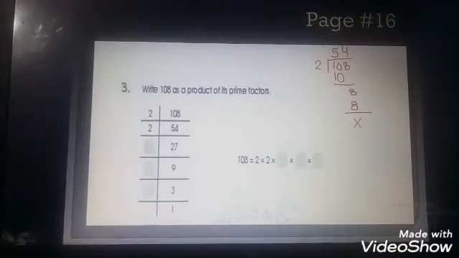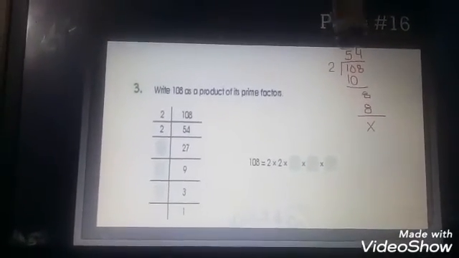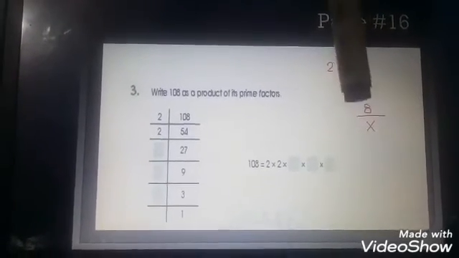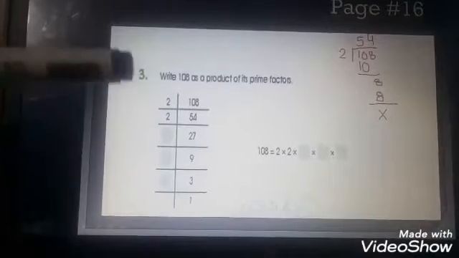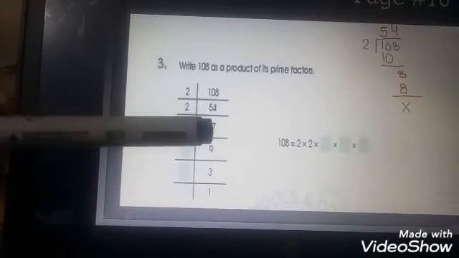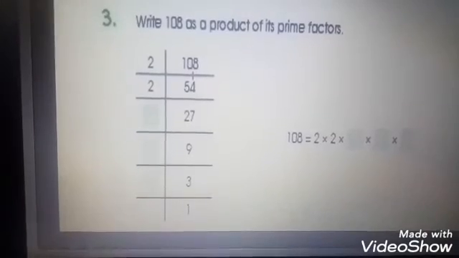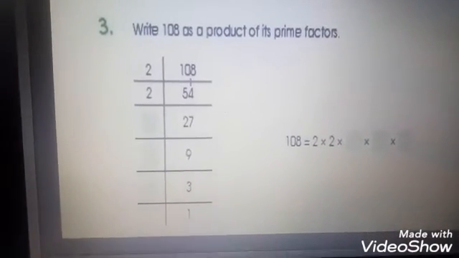At the right side you see the division method. 2 5s are 10, 2 4s are 8. It means 2 54s are 108. So we write 54. Again, 2 2s are 4. Here the 1 carries to the 4, which makes 14, and 2 7s are 14.